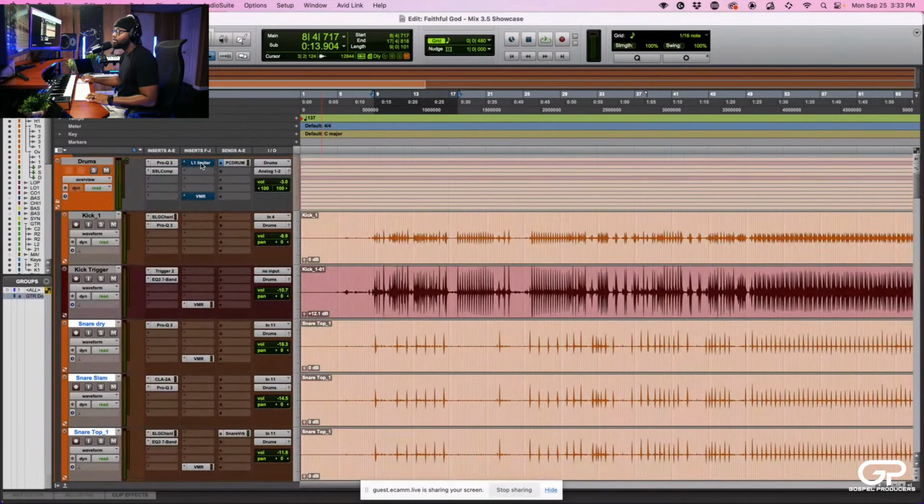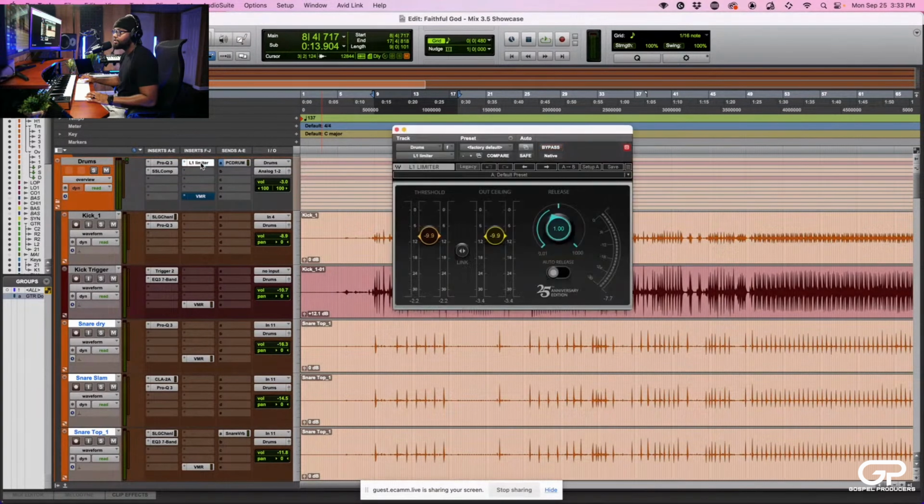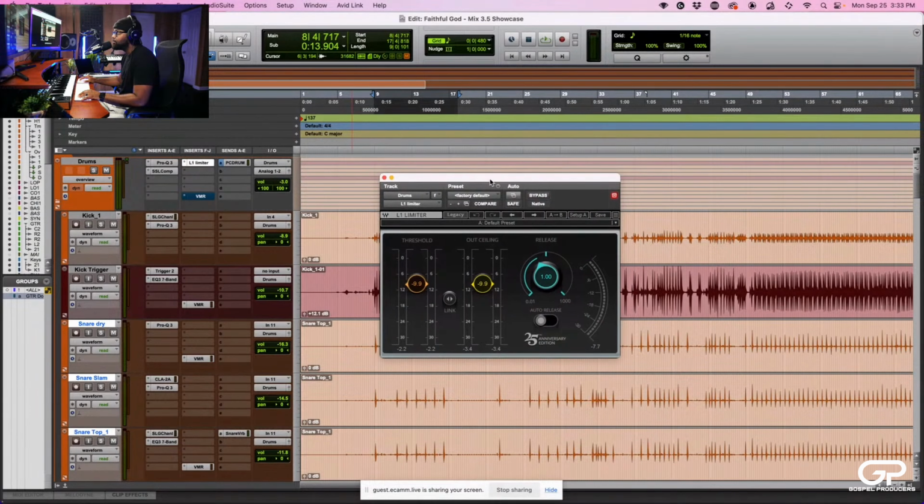Now we're going to come back to our drum bus. Now that we have that, here's something that you probably haven't seen before in this specific way. I actually put a limiter on the drums. And the reason why I put a limiter on the drums is I was just talking to my boy John Mike about the transient content from live drums. They eat away at you being able to get a lot of gain from the drums because of the transient